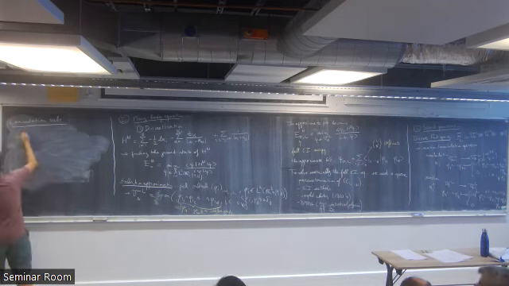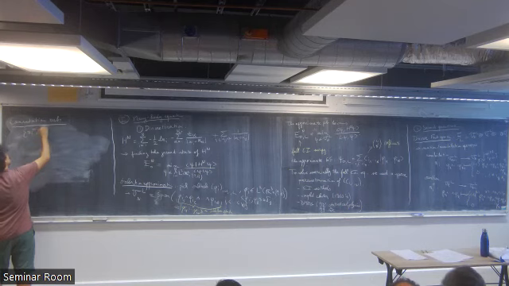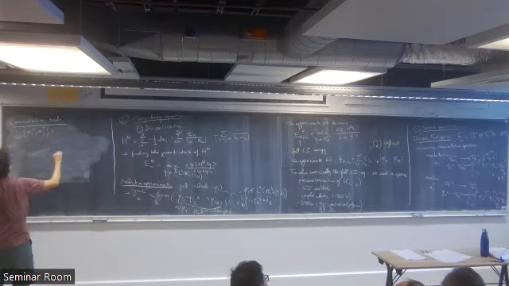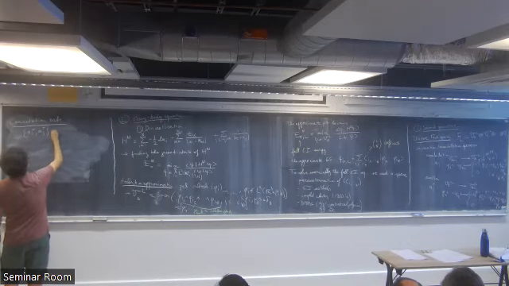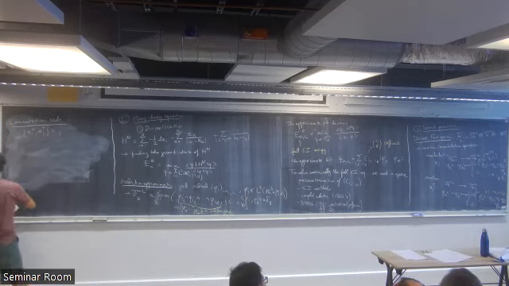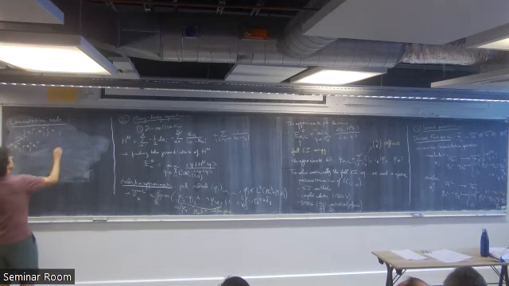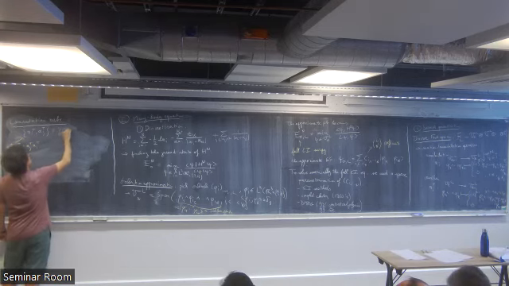The commutation rules are the following. If you apply two creation operators, these two anti-commute. So this is equal to 0, and if you apply i dagger j,